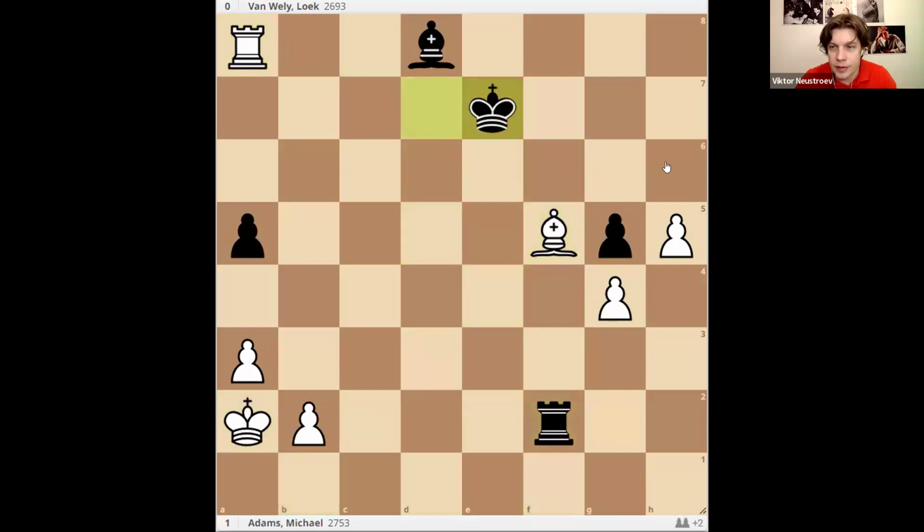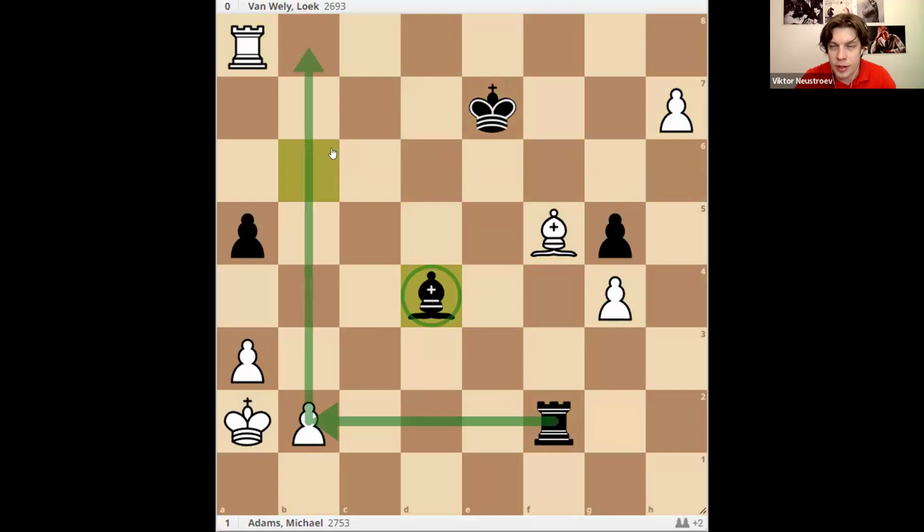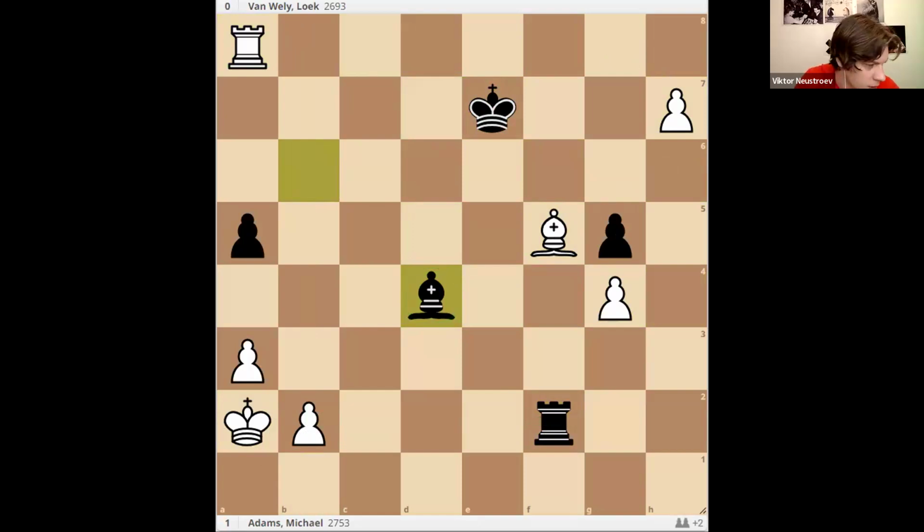Bishop f5, and it's time to advance the pawn. Oh, finally, there was a very nice situation. So they're threatening to play this move, and then maybe either a perpetual check or just threatening to capture the rook. So what do you think is the most simple win for white in this position? Who can tell me?